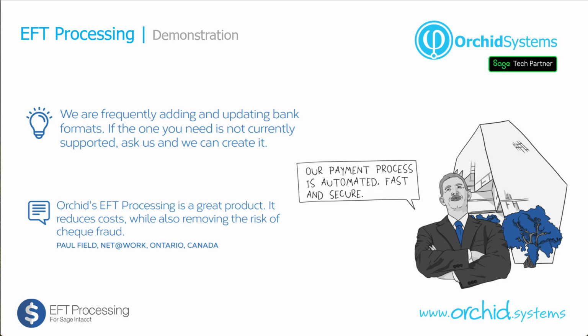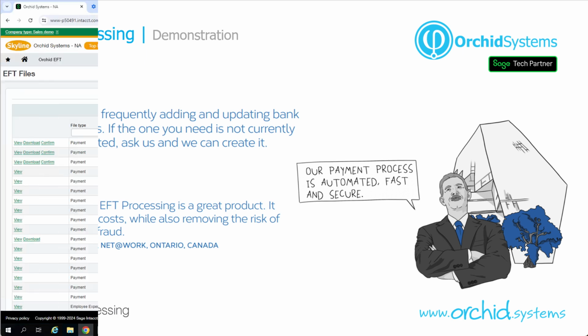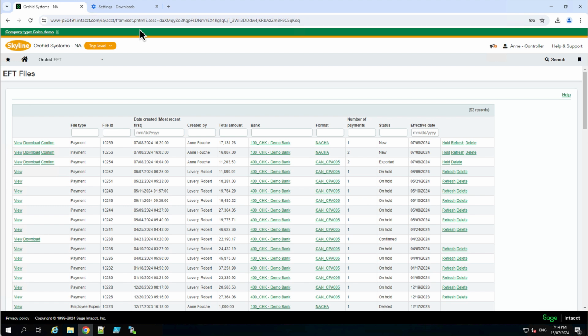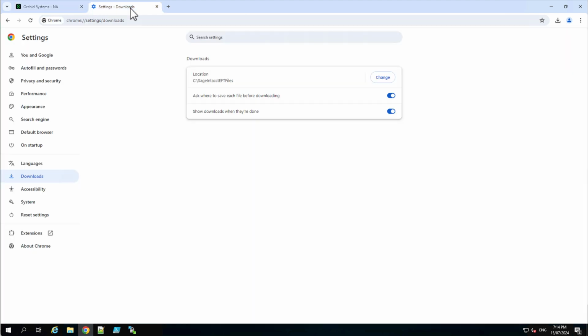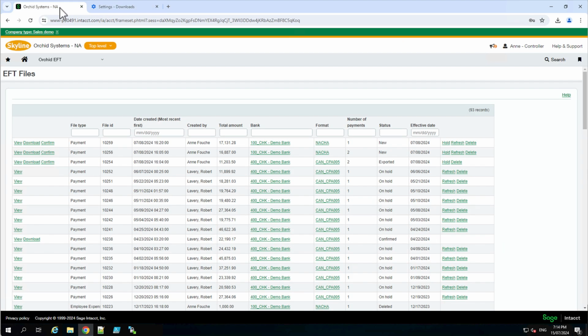I'm going to go ahead and demonstrate this for you. So in my Sage Intacct, the settings that I've done in my browser, which is Chrome, for the downloads, I have configured that the download files are going into the C Sage Intacct EFT files directory, and I have configured also to prompt before saving the files and show the files when they're done, just so it's very clear what's happening. So when I come to download an EFT file,